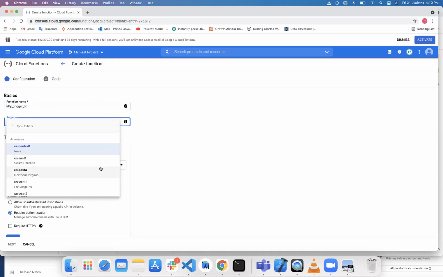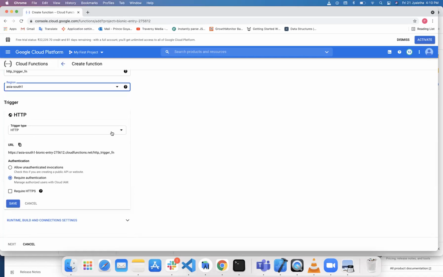So we have to choose the region. The reason for India is, I think, Asia South Mumbai.